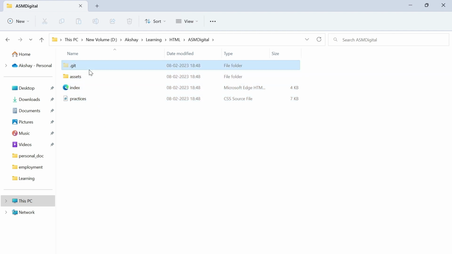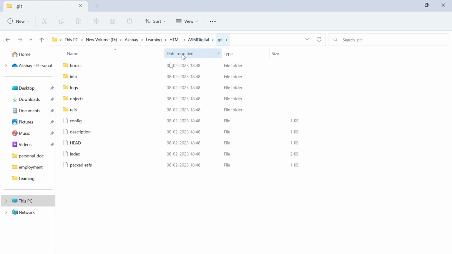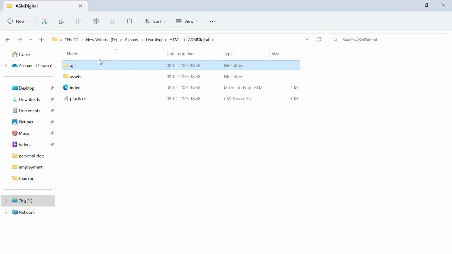This .git folder is created by Git itself. Why is it created? To maintain the Git configuration. Yesterday I told you that in .git you will find logs and configuration. It will have the configuration URL. What does remote mean? Origin means this is a variable. The variable for remote is origin. We will discuss it later, but just understand that whatever is present in .git is the Git configuration related to this particular repository.